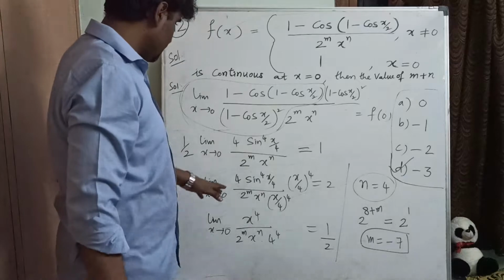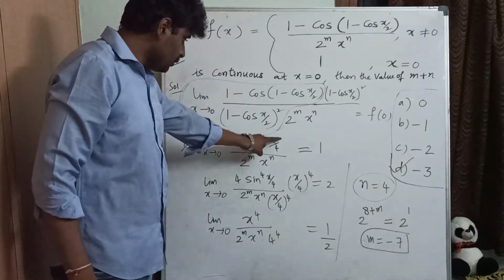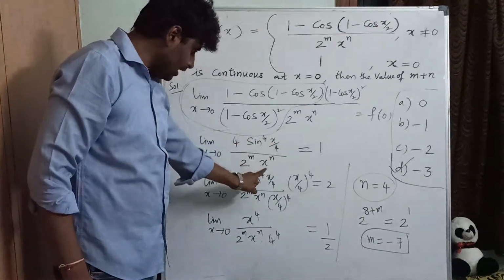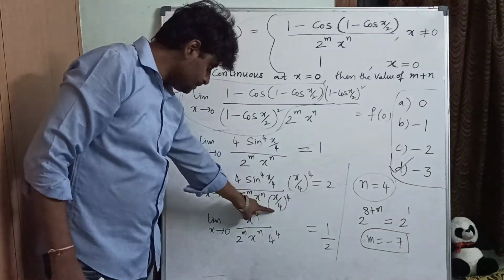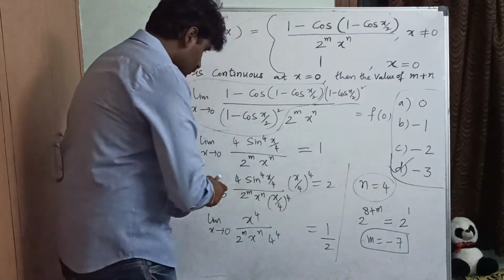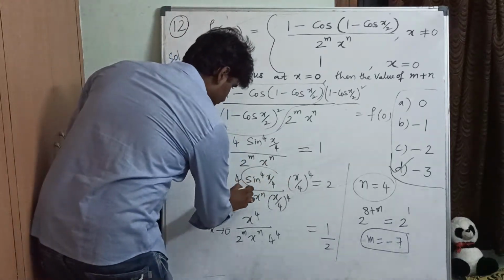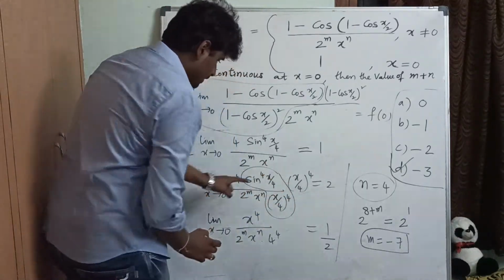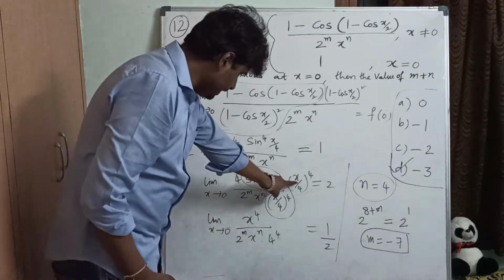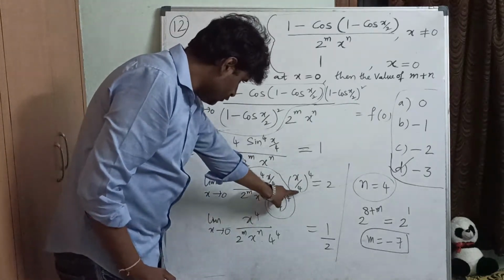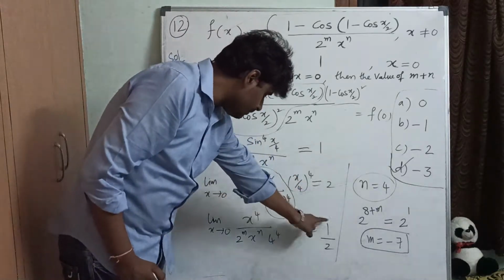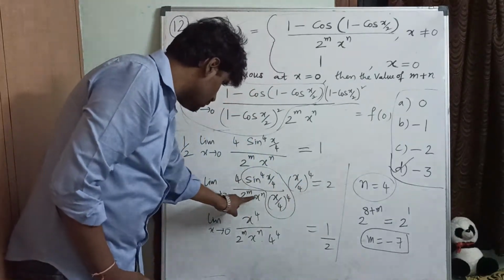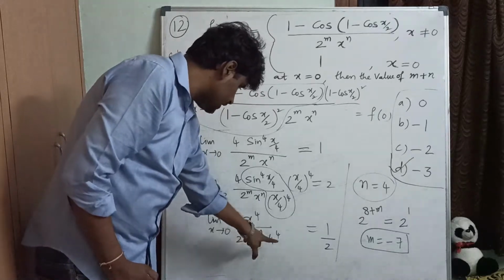Okay. So here sine power 4, whatever we have, same thing whole power 4 I need to have in the denominator. Multiply and divide with that. Okay. So then this will become 1. Right. And the remaining x power 4 I wrote there. 4 power 4 I wrote down. So this 4 comes down, 1 by 2. 2 by 4, 1 by 2. 2 power m, x power n, 4 power 4 here I wrote.